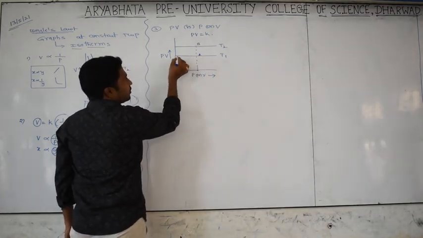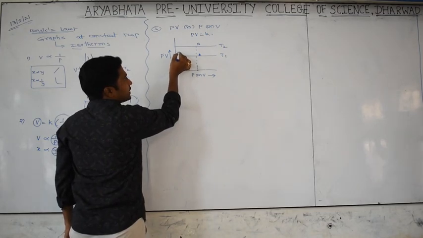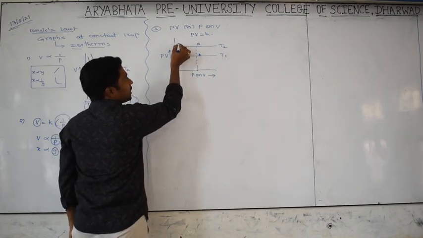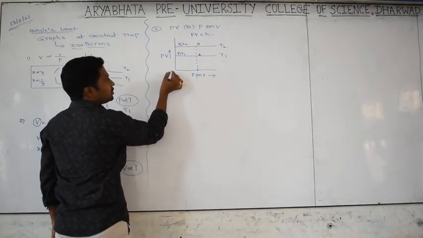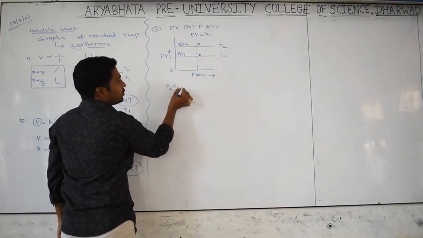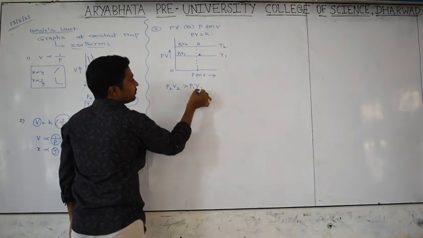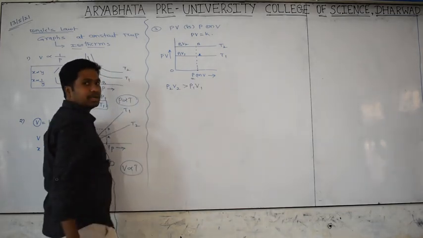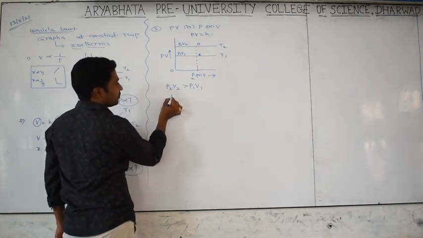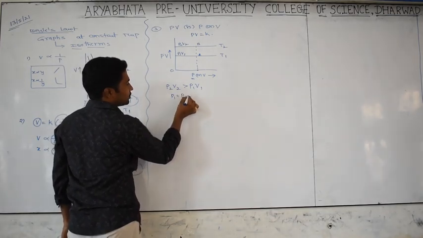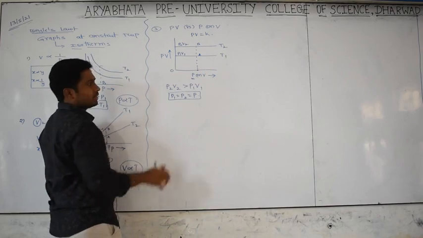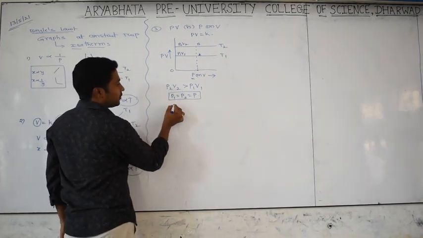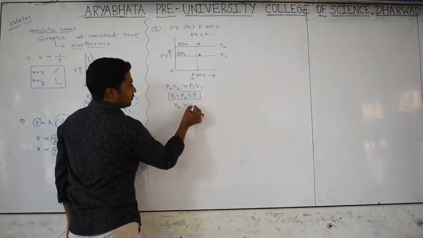From A we have to draw, the line is already there. This indicates P1 V1. This T2 graph is nothing but P2 V2. Now which is more, this is 0. P2 V2 is more than P1 V1. Which one are you maintaining constant? Pressure is maintained constant. That's why P1 equals P2 equals P, because you are taking pressure as a constant. Cancel. Then what do you get? V2 is greater than V1.